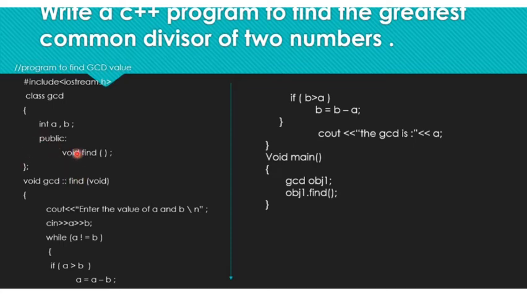We first of all declare the member function of class GCD. Here void find, this one is a member function of class GCD. It is only declared here but not defined into the class. Okay, so void find, this one is a member function of class GCD we made to find out the GCD